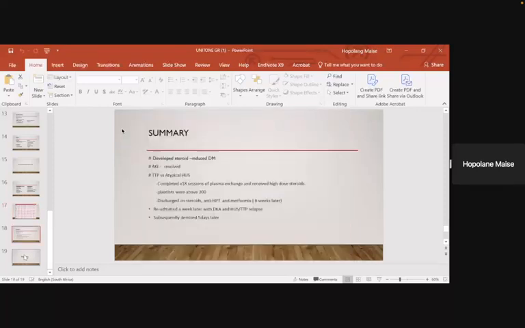This was after 2 sessions of dialysis. When she was in the ward, she developed steroid-induced diabetes and was started on metformin. Her acute kidney injury resolved after dialysis. We were managing her as TTP versus atypical HUS. She completed about 18 sessions of plasma exchange and received high dose steroids. On discharge, her platelets were above 300, and she was discharged on steroids, antihypertensives and metformin 6 weeks later.